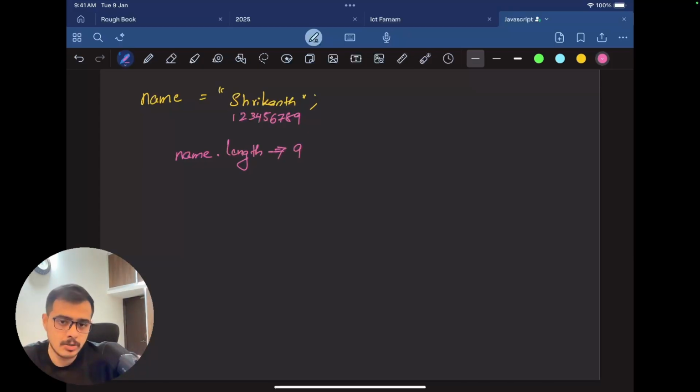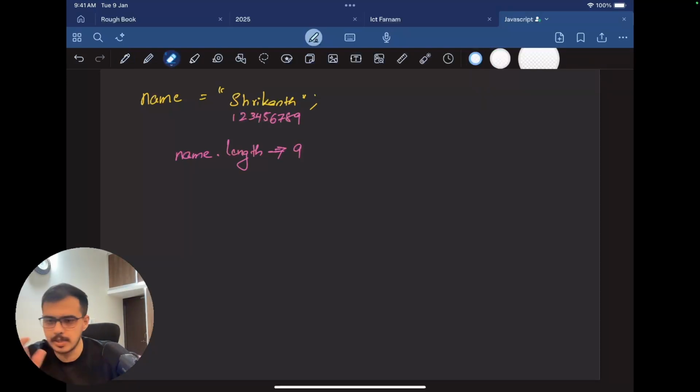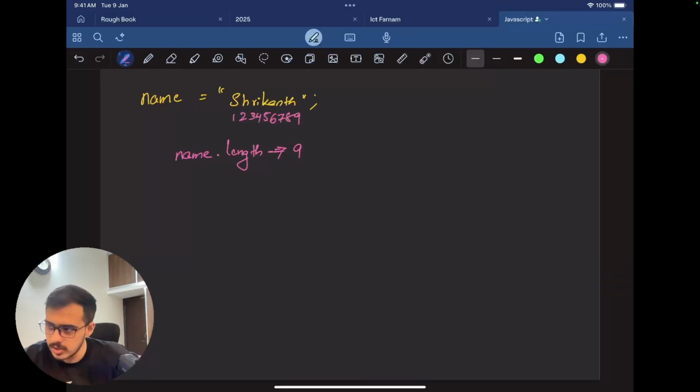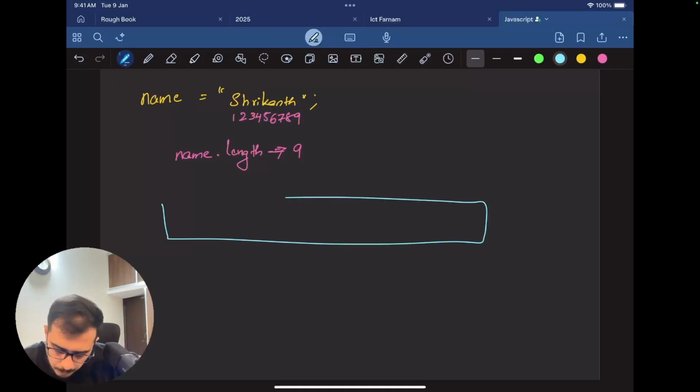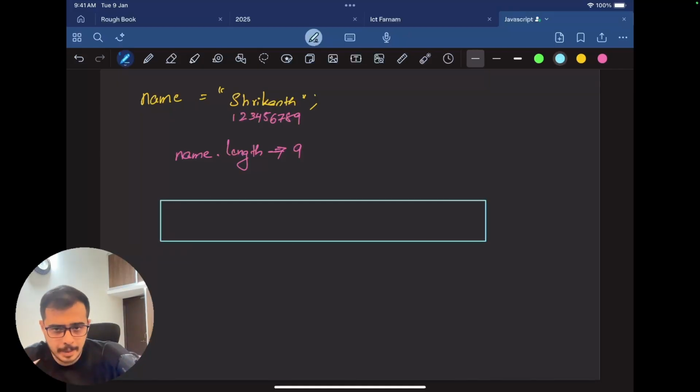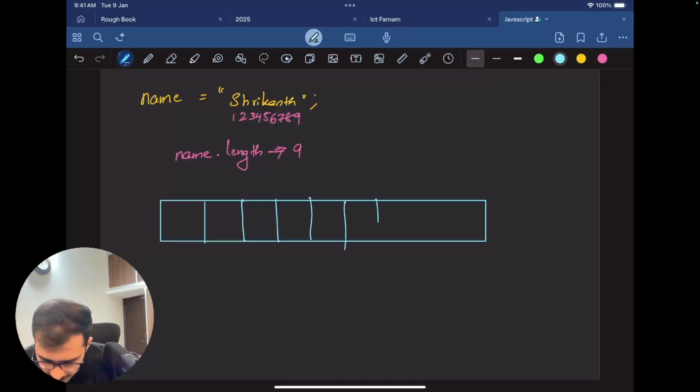So how are these strings stored? They will be stored like a sequence of arrays. That just means that this will be stored like a sequence. I'm just telling you this to help you understand how it might be working under the hood. So this is like a box for you. Imagine it's a file cabinet or a box or whatever. Let's divide this into smaller chunks like this, and you can imagine this to be